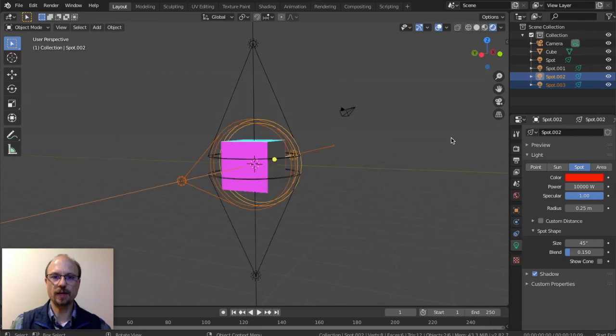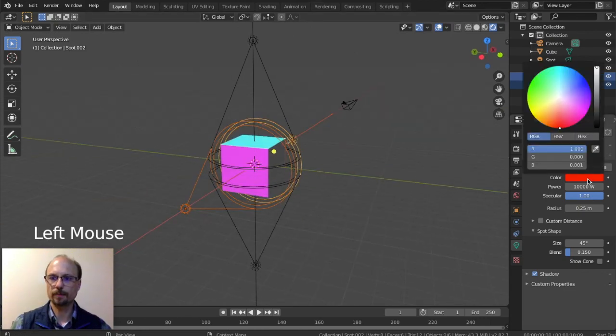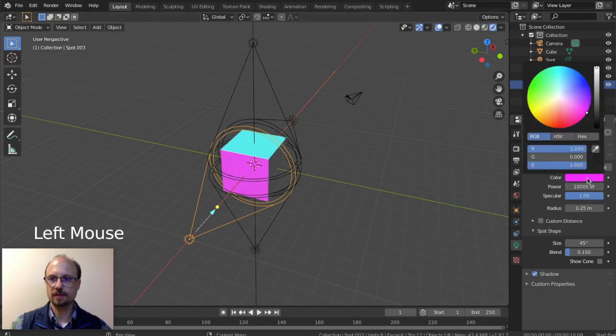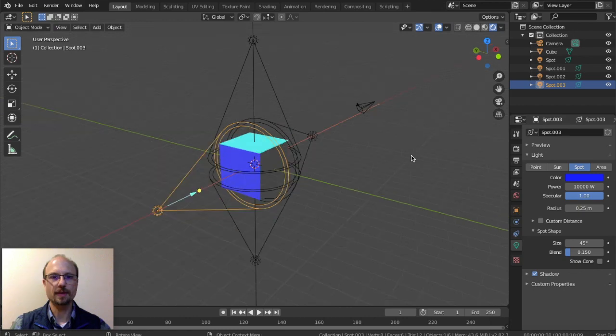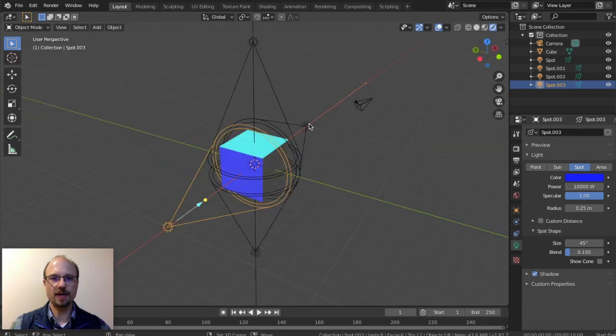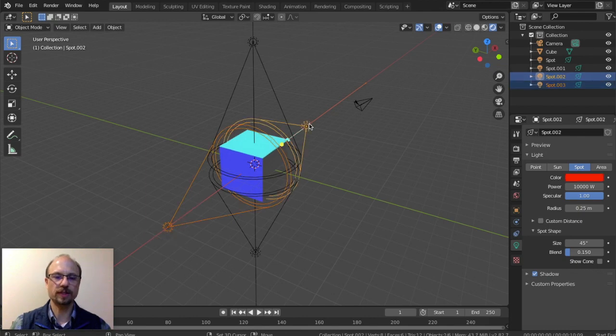Now I want to change this one to be, let's make it blue. Make sure you have the right one selected. And this can be blue. 0. Just blue and nothing but blue. There we go. So we've got 4 done, and we can do this exact same thing again by holding Shift